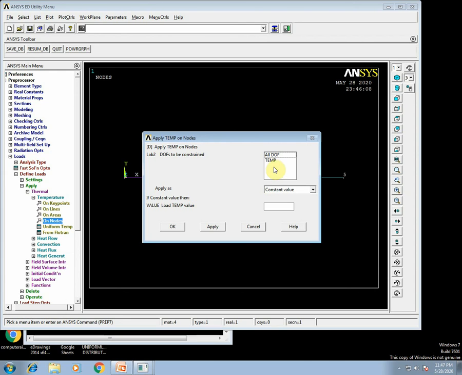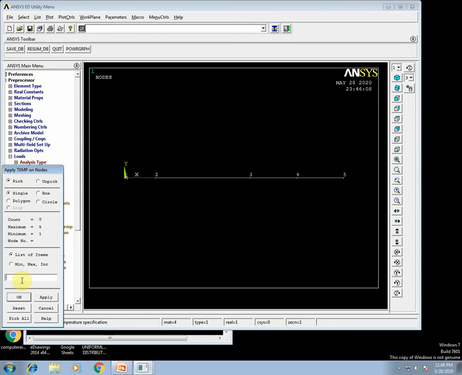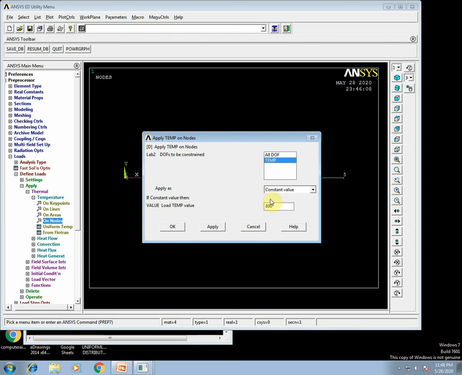Okay. Temperature here 800 degrees Celsius. Apply. Selecting node number 5. Okay. Temperature, it's 20 degrees Celsius, the final temperature.